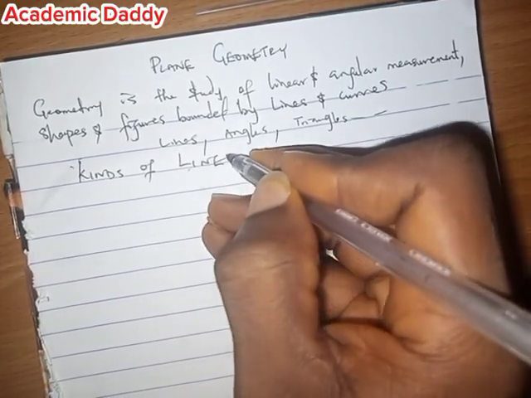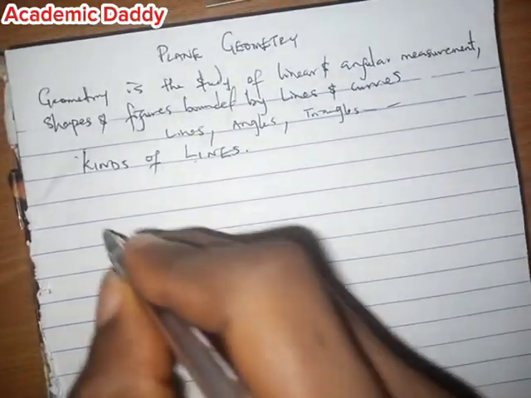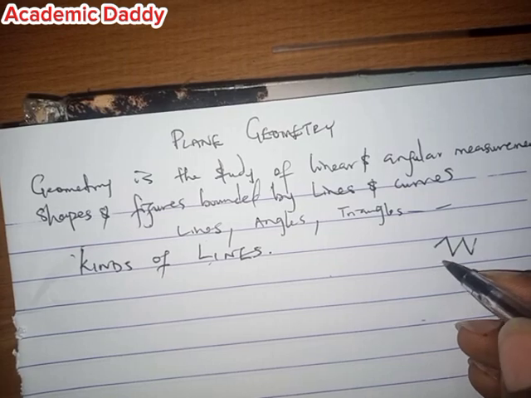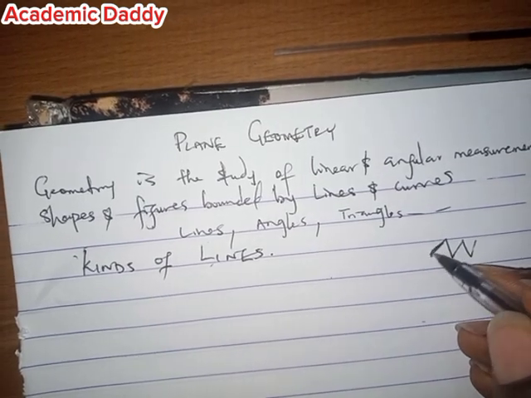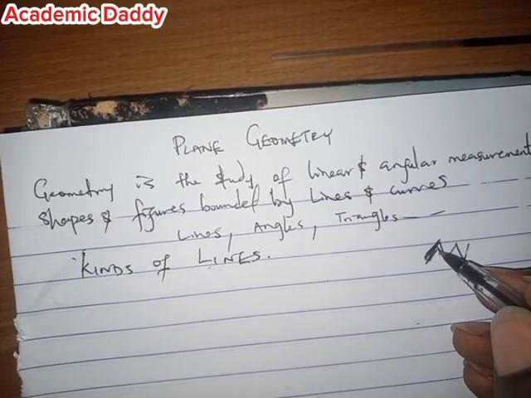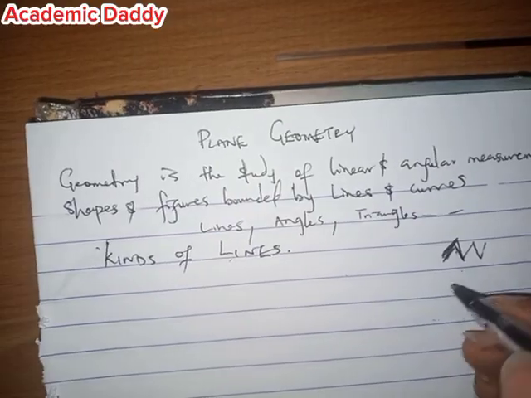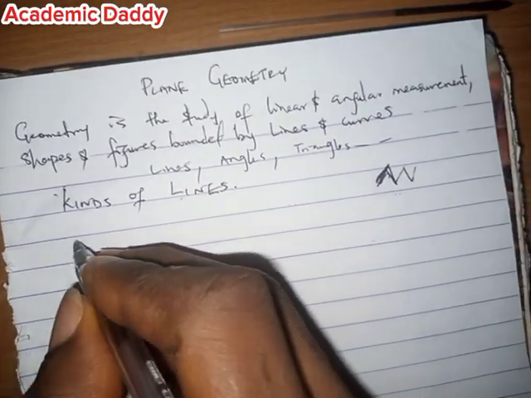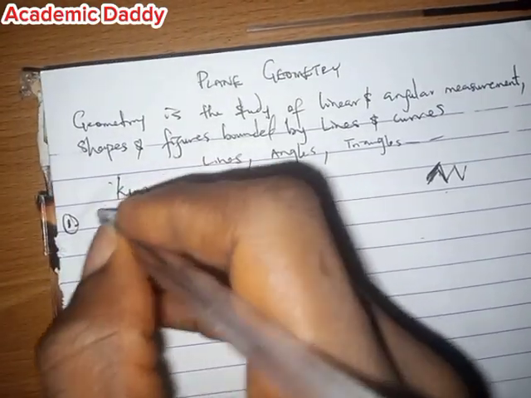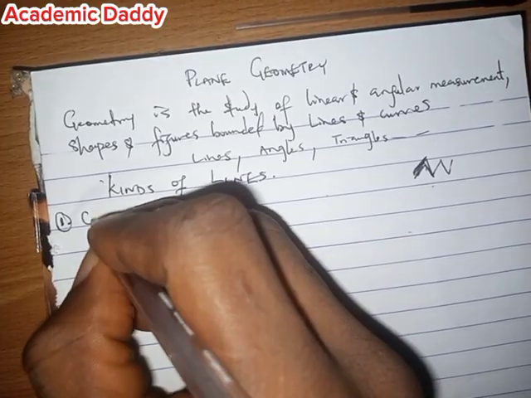You know, in secondary school those days, teachers will come and tell you we have zigzag lines. They tell you things like this: zigzag lines. This is not true, because this is a line. This is another line. This type of line is an oblique line. This is also an oblique line. So there is nothing like a zigzag line. It's a shape. They are just trying to use it to describe. So the first one, let me start with this